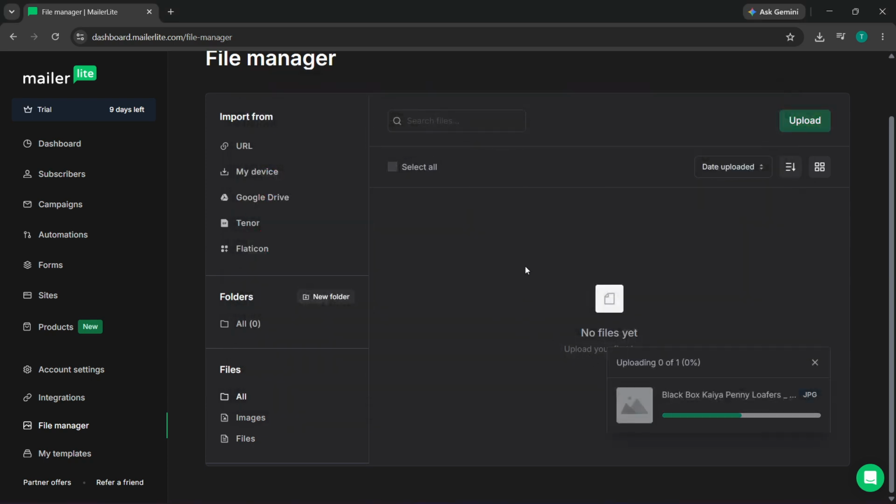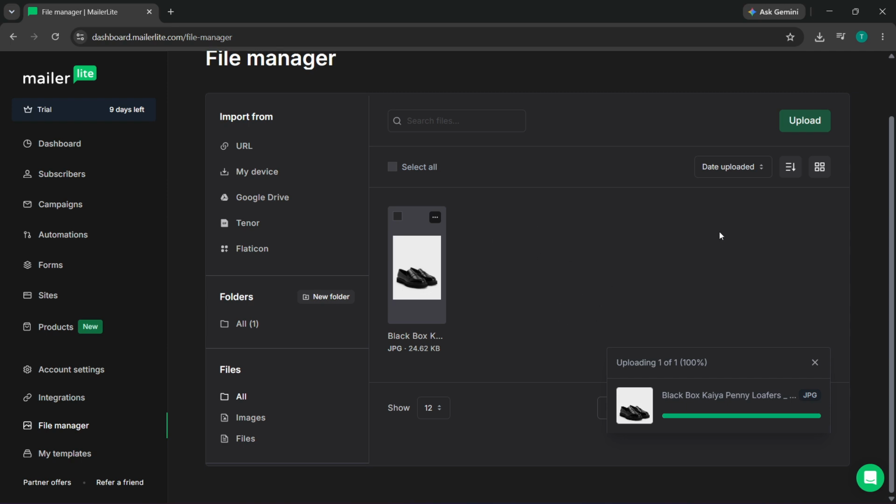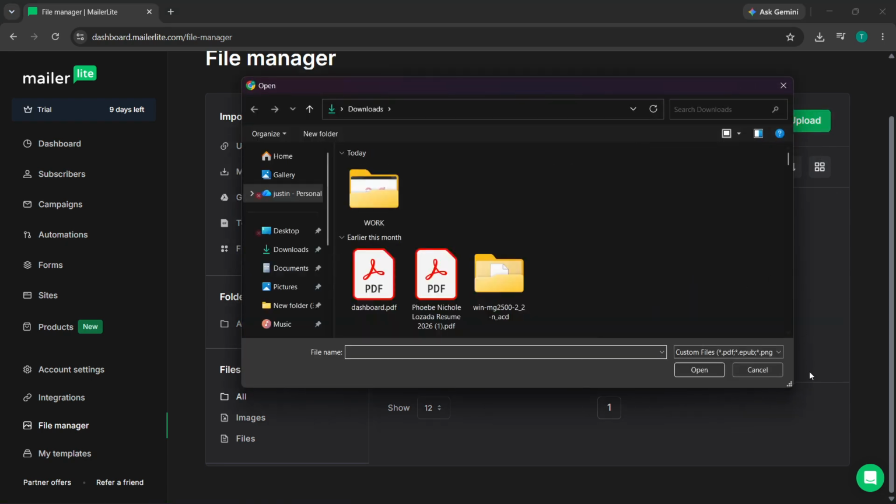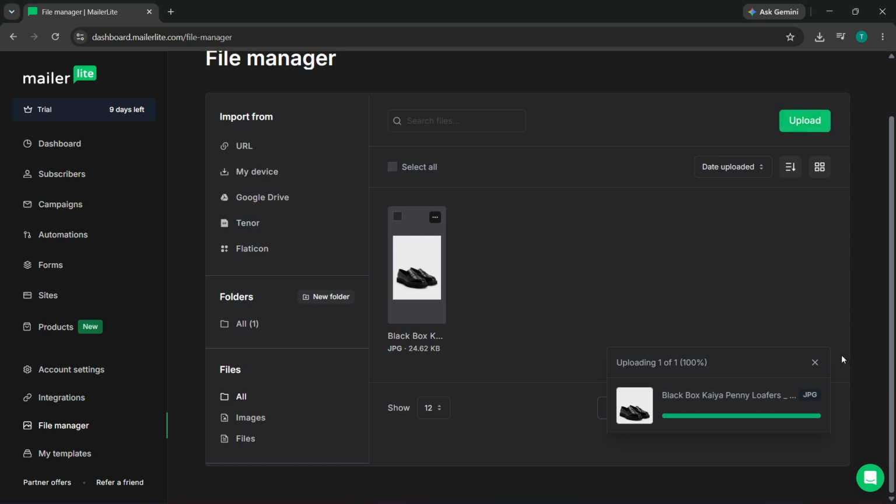If drag and drop isn't working, switch to the file selection button instead. And if you're pulling the image from cloud storage, download it locally first before attempting the upload. Always make sure the MailerLite editor has fully loaded before you begin, and if nothing else resolves it, try from